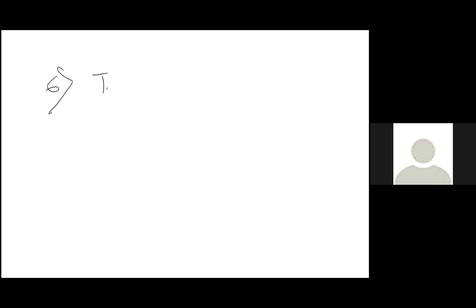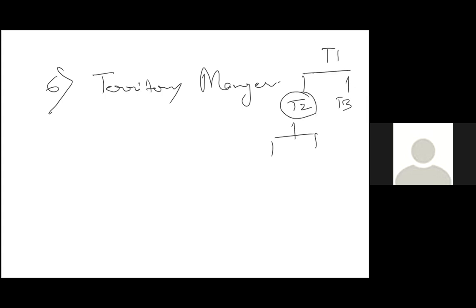6th is territory management. It is also a hierarchy of territories. How it works, you don't have to worry about it right now. It can be like different states of India, Maharashtra, then West Bengal, then this is the territory India. So you can share based on territory also. Just like role hierarchy, territory management is another hierarchy of sharing. Don't have to remember how it works. It is just for knowledge.